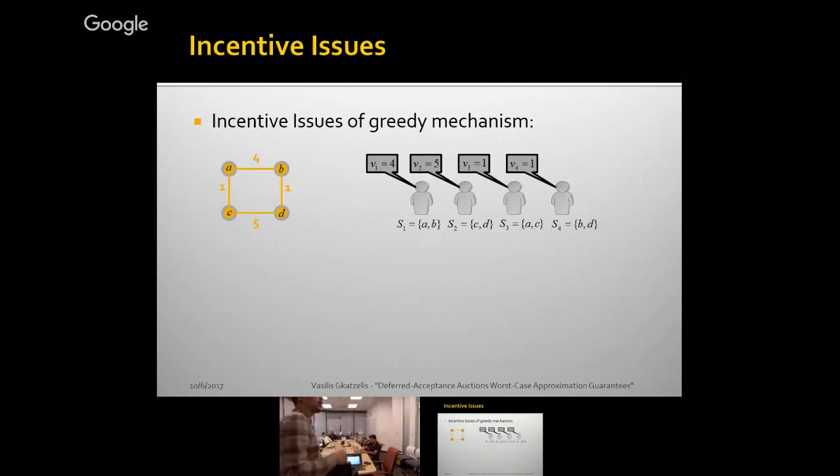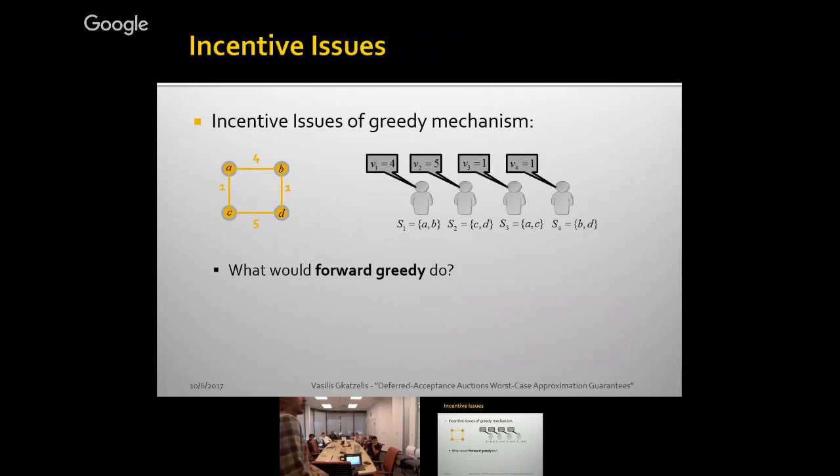And let's say we have these 4 bidders over here. So there's 4 items, and each one of the bidders wants 2 items, right? A, B for this one, C, B, A, C, and B, D. So they want different items over there. And the question is, what would this mechanism we just saw do? Just to verify we agree on this. So all of them have the same size. So actually the denominator in this case doesn't matter. So it would essentially rank them by value and accept them in that order.